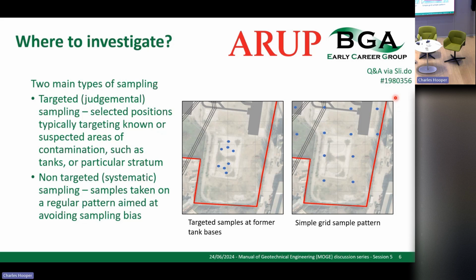In this particular instance, we have a simple 20-meter grid pattern where points are put in individually. The key thing here is if we had followed this particular pattern on this example site, we'd have missed those 2 tank foundations. They wouldn't have been in the grid. And then we have quite large spaces elsewhere still. So even with a 20-meter grid, that's a lot of positions, but we are still only investigating a very small area of the site. So you cannot rely on this to find any of the point sources,